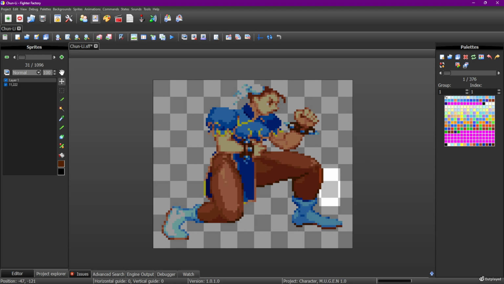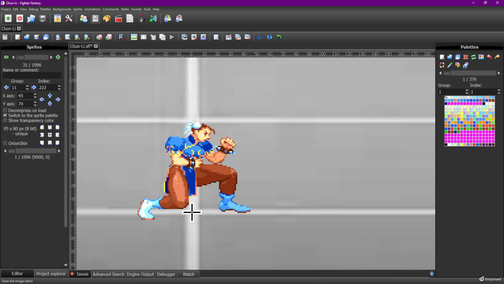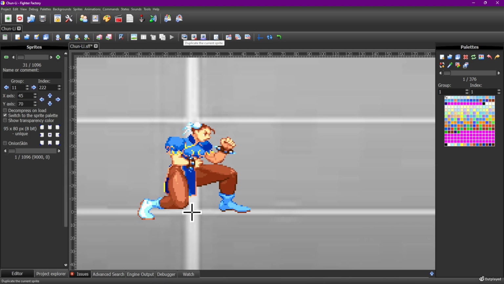Control X, Control V. Just shift it back like that. That should give me a full solid movement. Save it, close it, check it out. Yep, that gave me the movement I needed. Boom. There we go. Now I'm going to take this frame. I'm going to duplicate this frame.